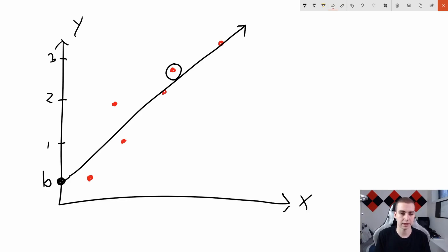I'm not going to discuss really how it does that, although it just pretty much looks at all these data points and finds a line that splits these data points evenly. So essentially, you want to be as close to every data point as possible, and you want to have the same amount of data points on the left side and the right side of the line.